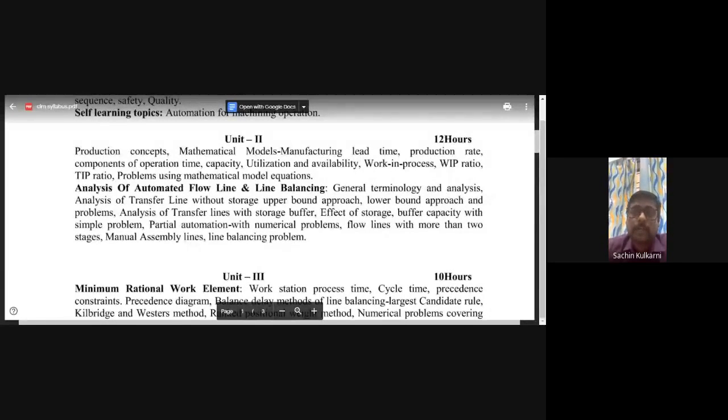What is the capacity of that particular plant? I want to run 3 shifts in a day, but if I get an order of 4 shifts, I can't do it. That is the maximum 100% capacity I can do the machining, but more than that I can't do. So we have to see how much production capacity it depends on, the quantity whatever they are giving.